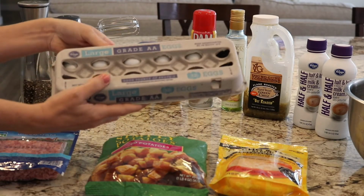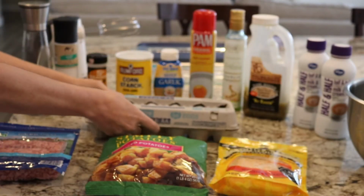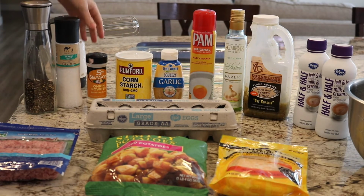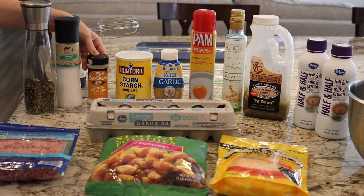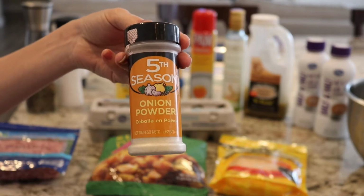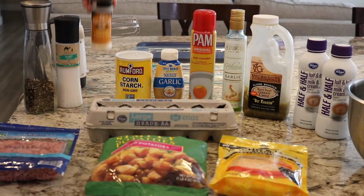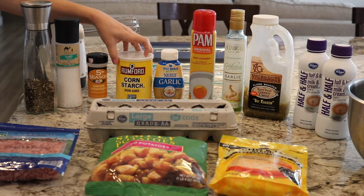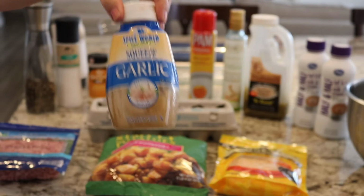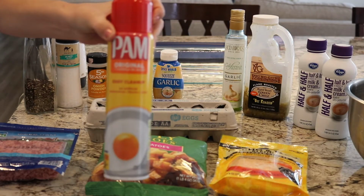You'll need 8 eggs. You will need pepper and salt. And then instead of fresh cut onion, I use onion powder because that's what my husband likes more. But you can do this however you like best. You will also need some cornstarch, some minced garlic, some Pam to spray your baking sheet,